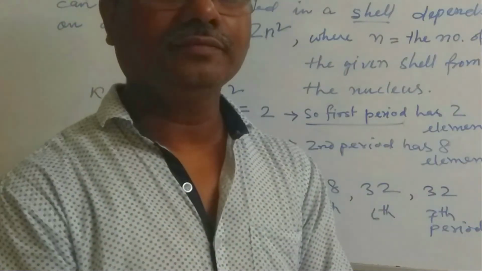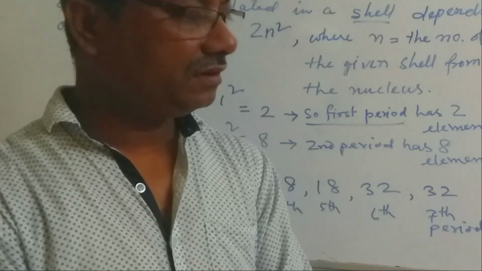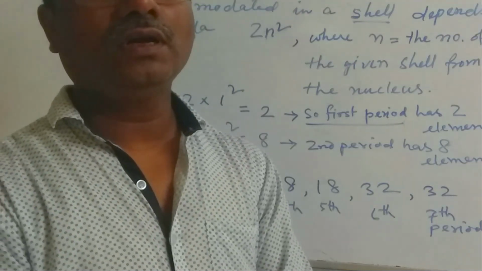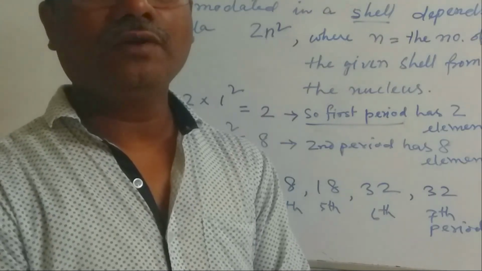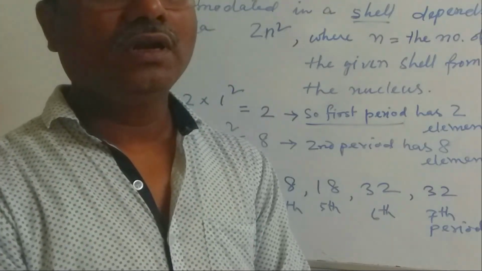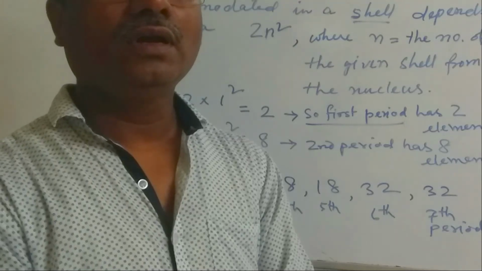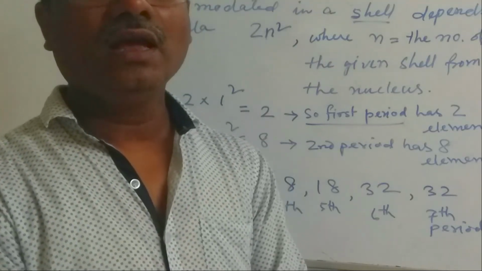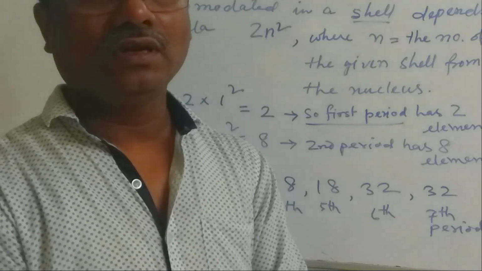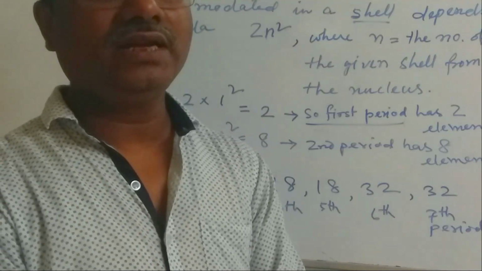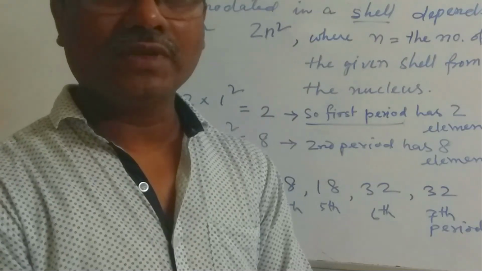My dear children, it is a very interesting chapter. If you learn this chapter, I think most of the chapters from chemistry part you will find easier, because here you will learn about the elements, their symbol, their valency and many other properties. So it will be much easier to study other chapters of chemistry parts.